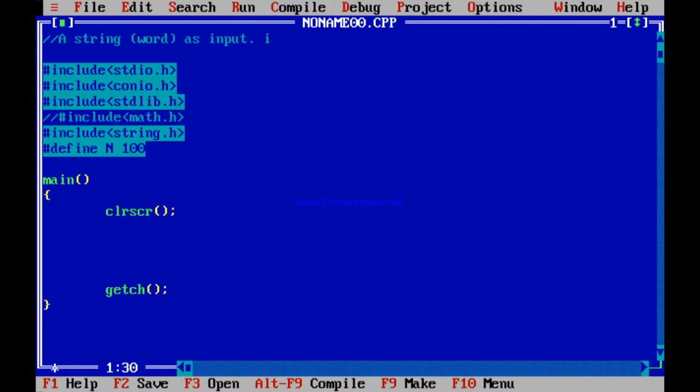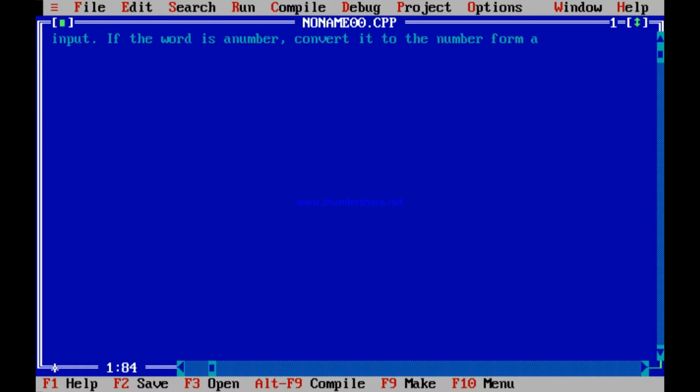If that word is a number, convert it to the number form and print. Otherwise, say that it is not a number.